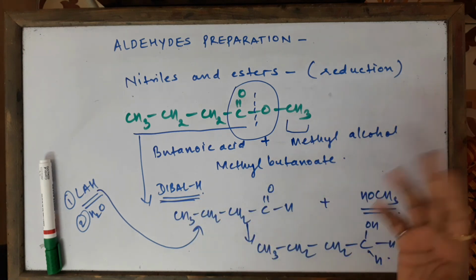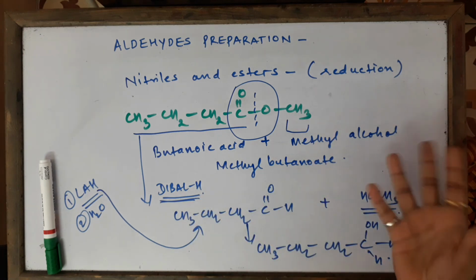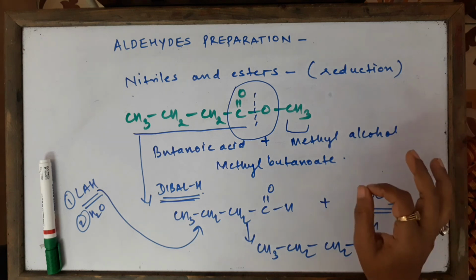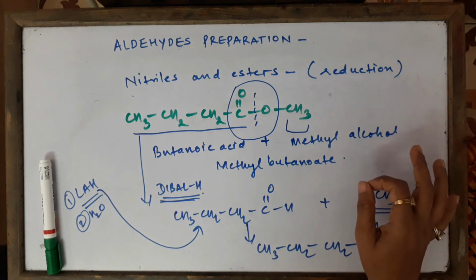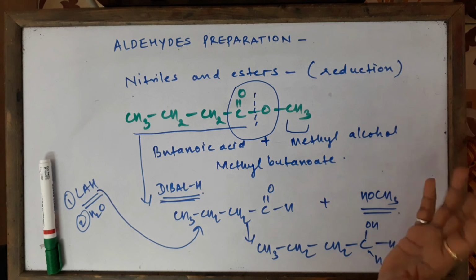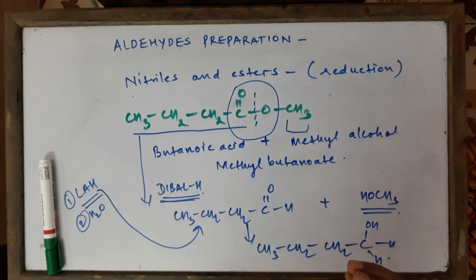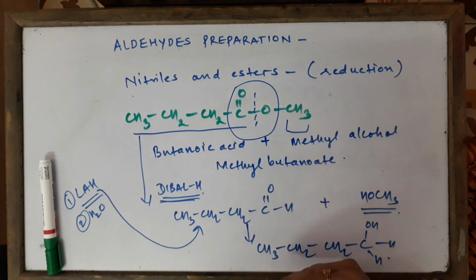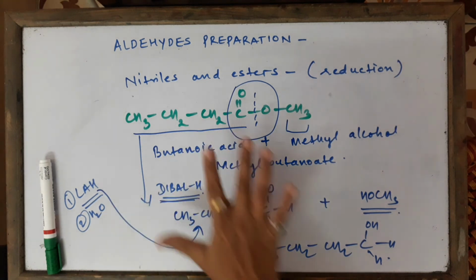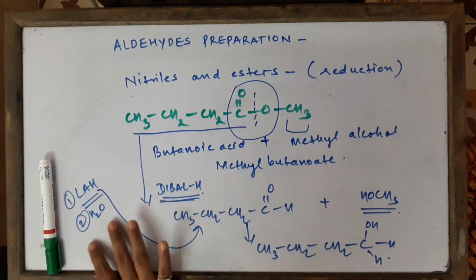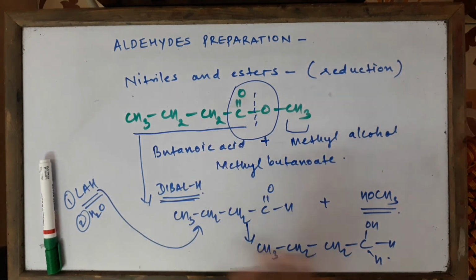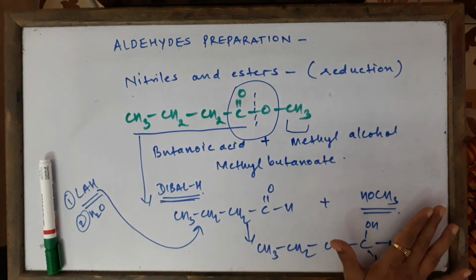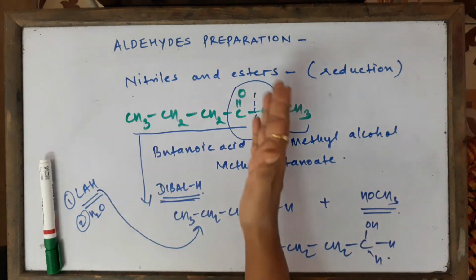Now DIBAL-H is very versatile. It will give you different types of products depending upon the temperature conditions. Okay, we are not going to go into such detail in 12th standard. We just have to understand that DIBAL-H is a very good reagent to reduce esters to aldehydic stage. It will not take the reaction further ahead to alcoholic stage. If I want to convert esters to alcohol, yes, I'm going to take LAH then. Alright, so this was your reduction which we have finished with nitriles as well as with esters.